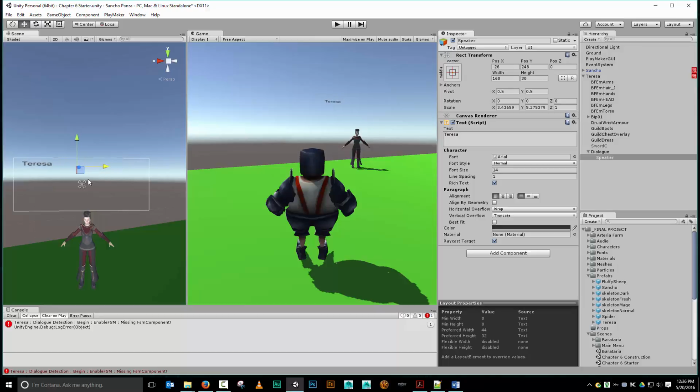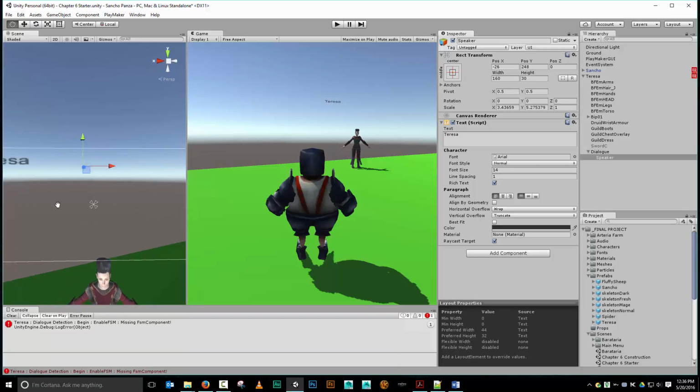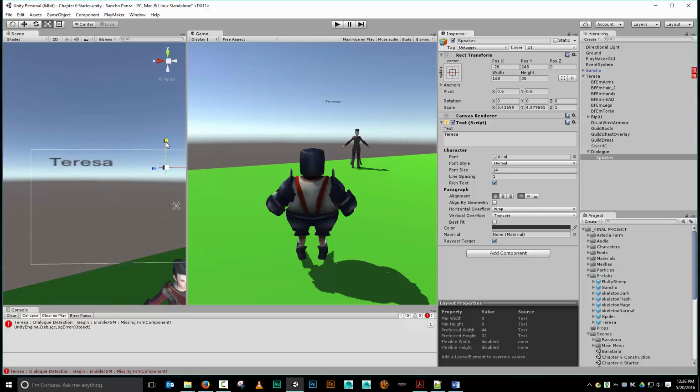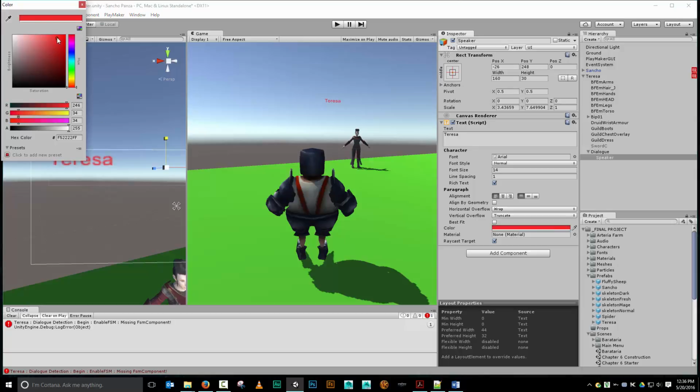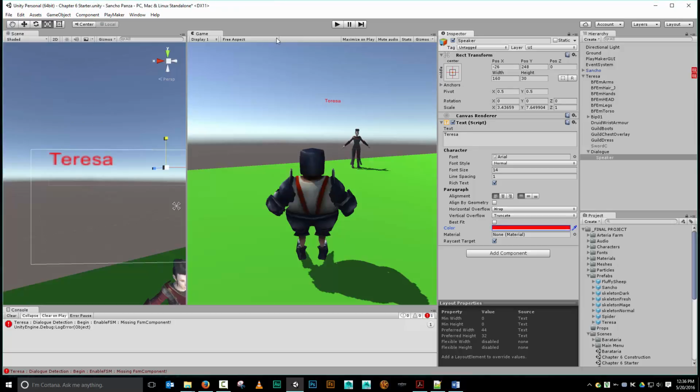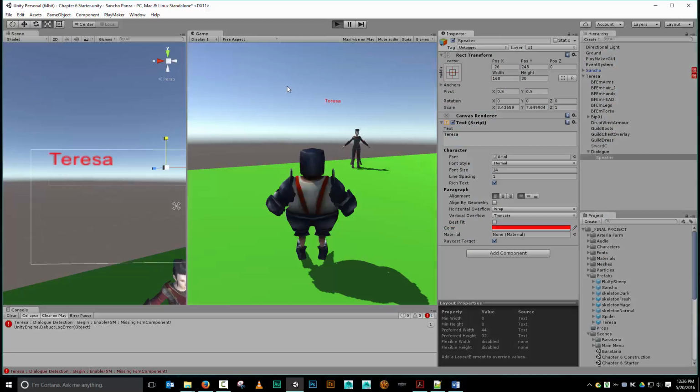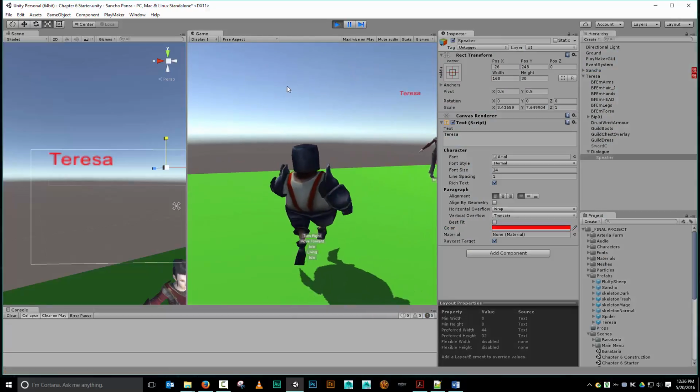And we'll just put it over there. I see I've got a little bit of room in here, so let's go ahead and maybe scale it down a little bit more. Yeah, maybe about like that. Okay, let's give it a different color and make it red. That's Teresa. Cool. Okay, so if we run over there,